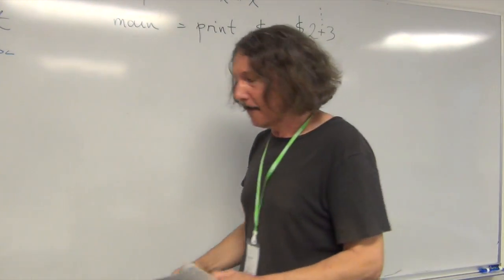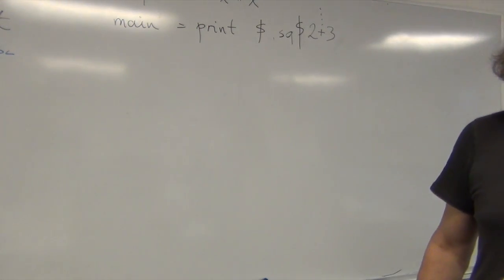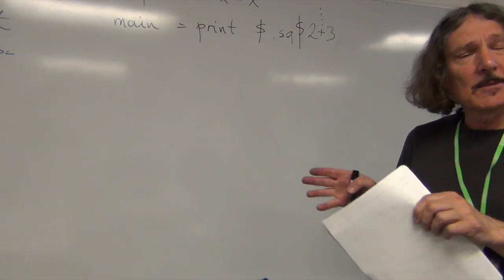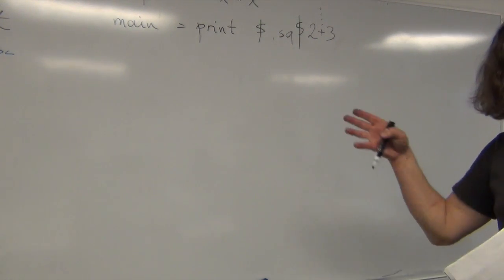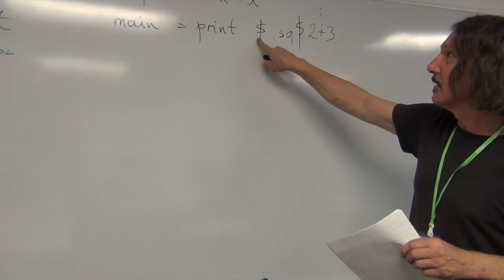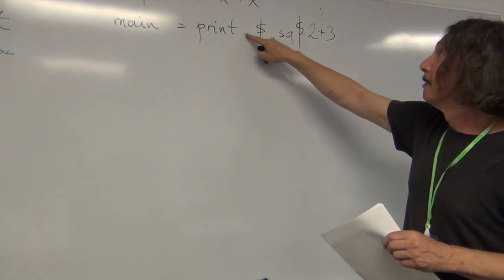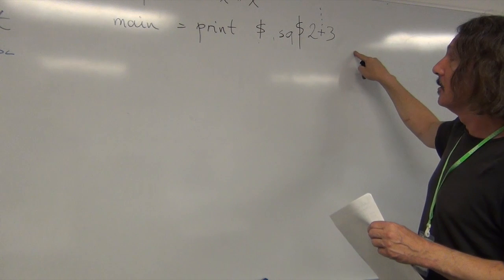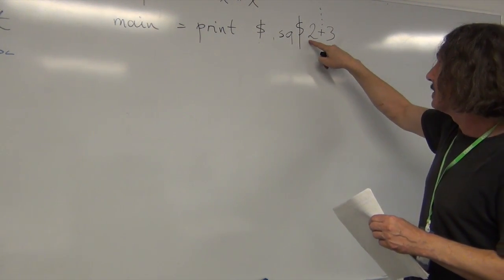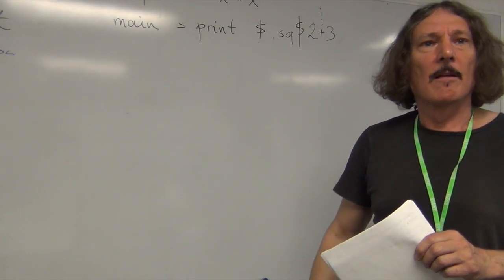Good point. Question. Does the dollar sign run only until the end of the line or until the end of the expression? Well, since it binds to the right, it really works till the end of the line. Everything after the dollar sign will become the argument to print. And then we look at this and say, okay, everything after the dollar sign becomes the argument to SQ. So if I do plus 3 on the next line,